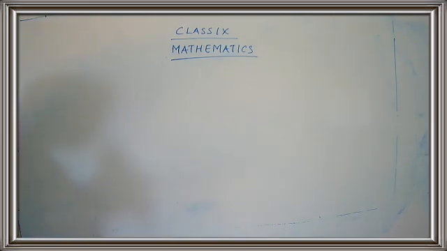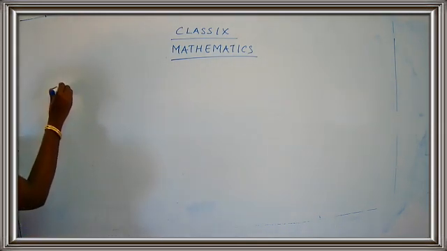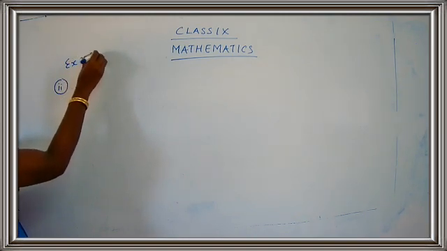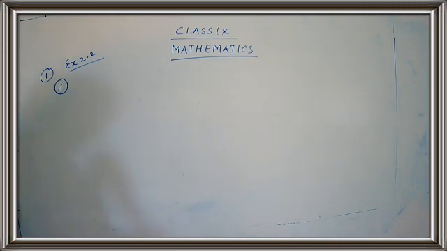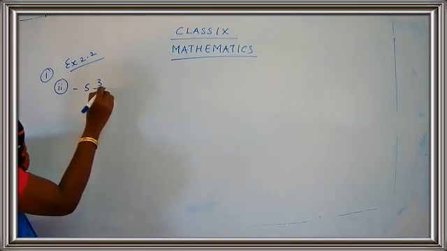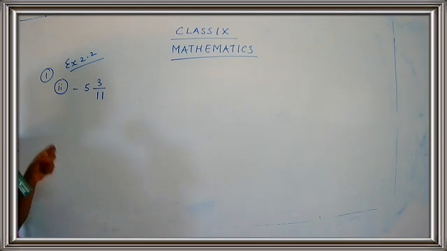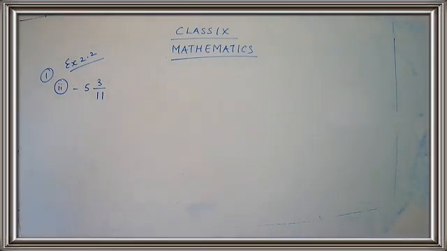So take down subpart 2. You can just continue. No need to take a new page or no need to mention the exercise over there, because already we have started the exercise. Just mention subpart 2. This is from exercise 2.2, the second subpart from question number 1, minus 5, 3 by 11. So here we are going to deal with a negative rational number. So I'll be telling you how to do the sums. Okay children? Take down the question. It's minus 5, 3 upon 11.